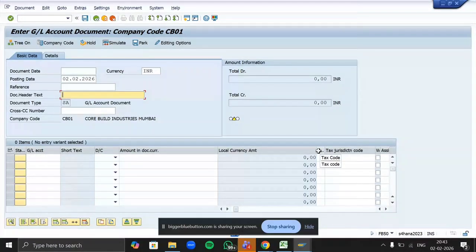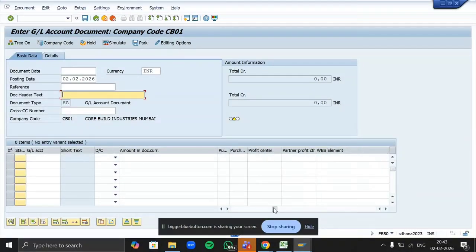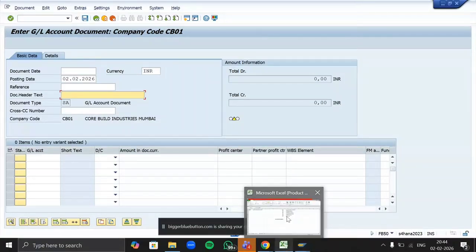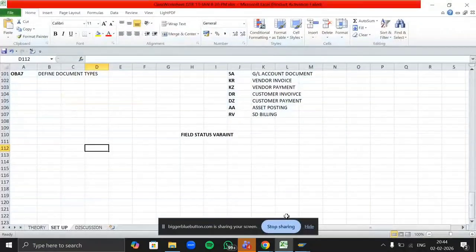Then profit center, cost center, right? All these are the fields. So these are the fields which we can control over there. So that has been done by the field status variant here. So let me just note it down and then we'll see practically.